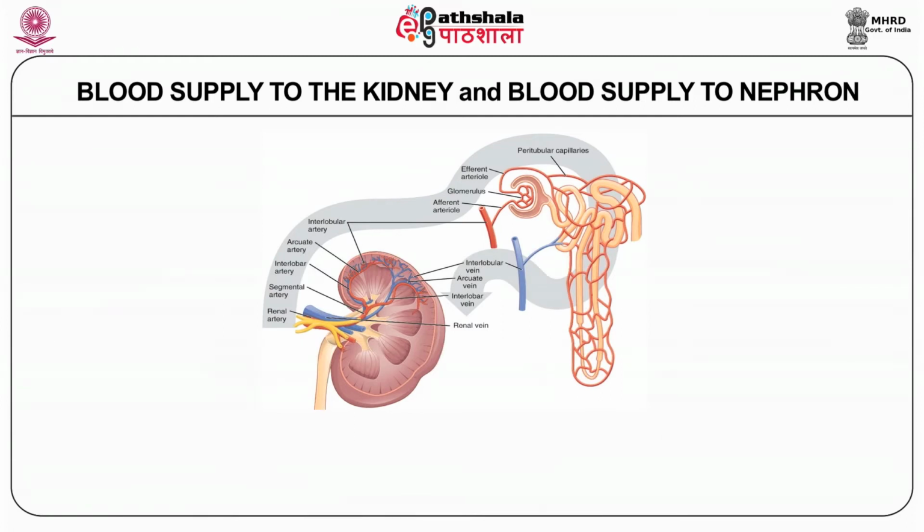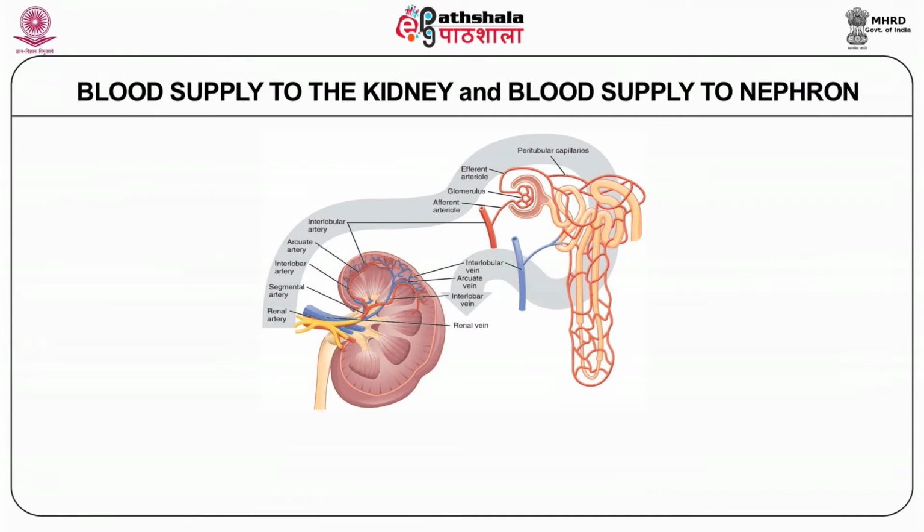The interlobular arteries, in their anatomy, go straight to the cortex, giving branches, and there is no anastomosis between the branches. After this, distal to the glomerulus, the capillaries coalesce to continue as efferent arteriole, which further leads to form peritubular capillaries that surround the renal tubules. So note that there are arteriolar ends on either side of the glomerular capillaries and not venules as in rest of the other body capillaries.